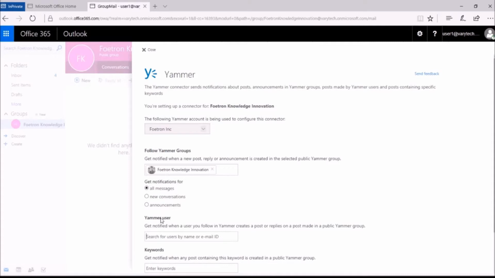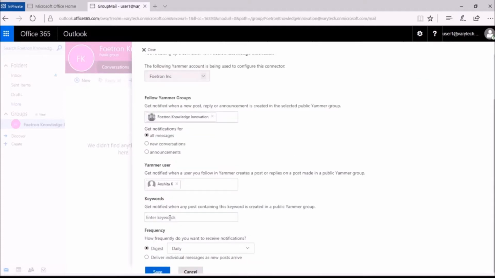Under Yammer user, you can enter the email ID of any user for whose post updates you want an email notification. You can set the keywords for which you want notifications. For example, if I give the keywords as Fortran or cloud subscriptions, so the post having these keywords will get